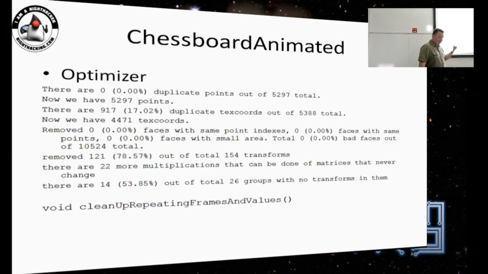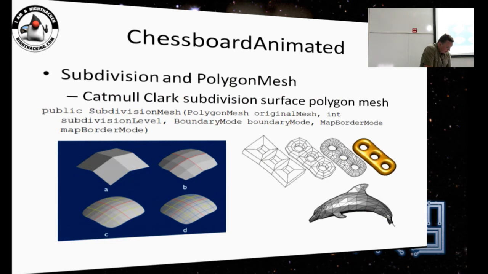So you can see here that of 154 transforms, 122 were just identity, so they were removed. And yeah, so it's just a way to clean up a 3D object to make it run faster by not doing stuff that is not needed. And then